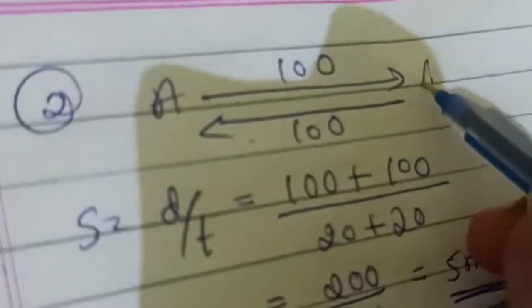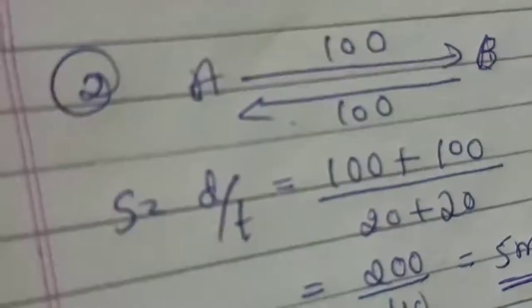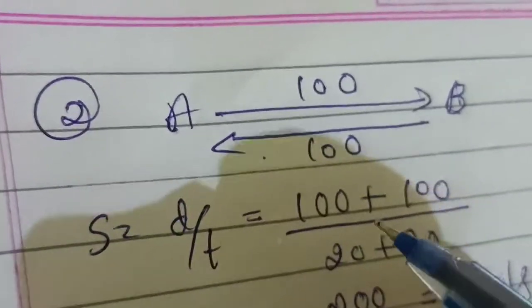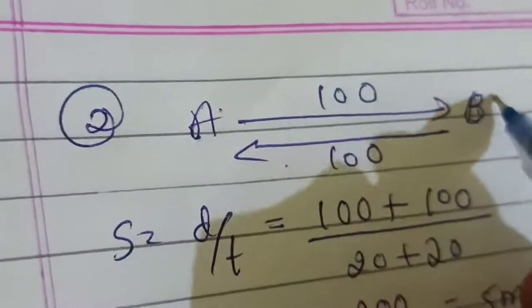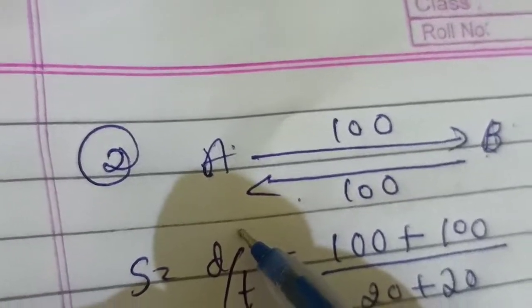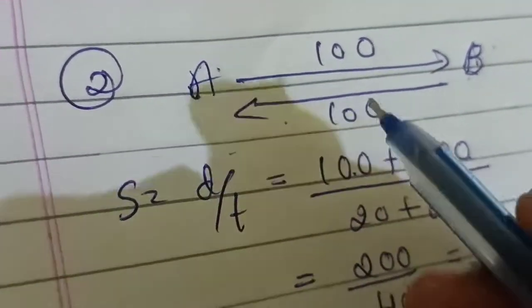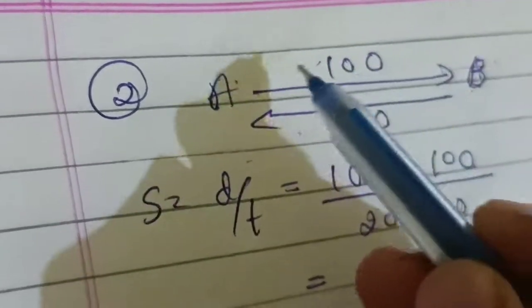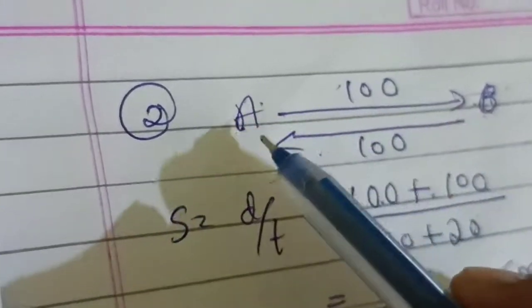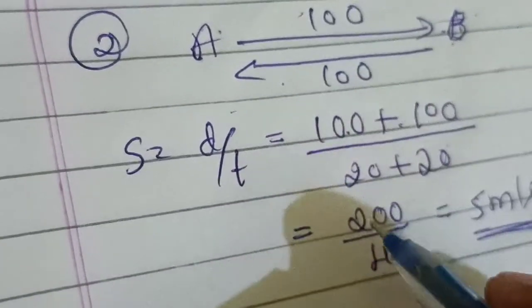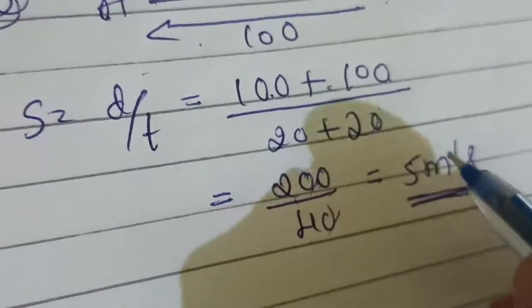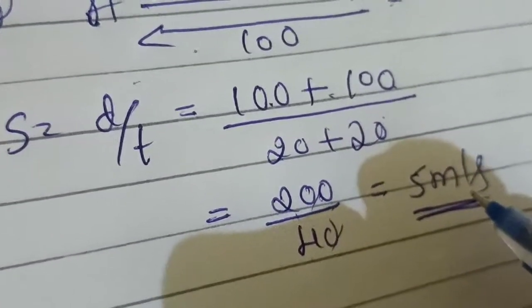Now in the second example, the boy is going from house to the shop and again from shop he comes back to the house. Now if I ask what is the speed, you are able to say that is distance upon time. Distance is from A to B 100, from B to A again 100. So 100 plus 100 by time. Once when he moves A to B, 20 seconds. When he comes back again 20 seconds. That is 20 plus 20, you get 40. 100 plus 100, 200. So 200 divided by 40 is 5 meter per second.